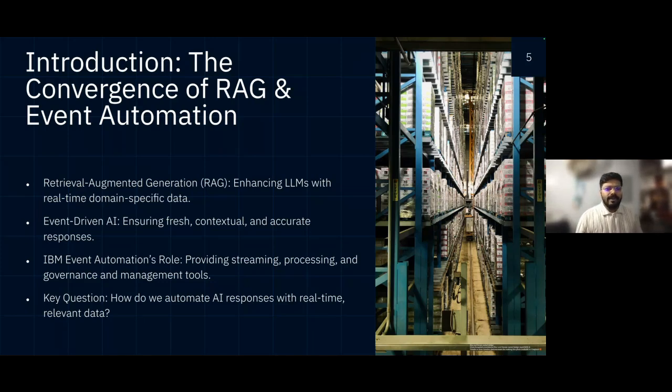So why do we need event automation? As I said, we need real-time data. We can't collect all the data and train the chatbot all the time if you need the latest information. RAG comes in where we need context. To store the context somewhere, we use RAG systems. RAG systems is where we store the